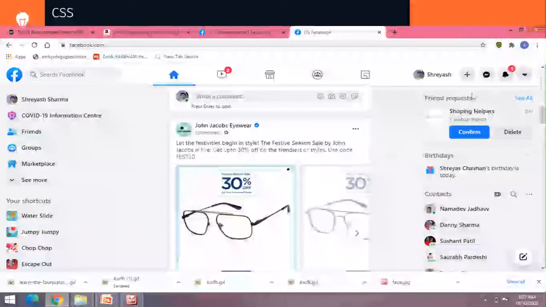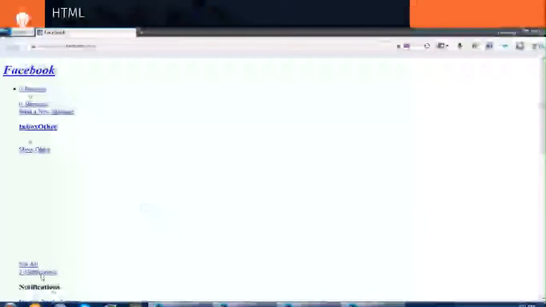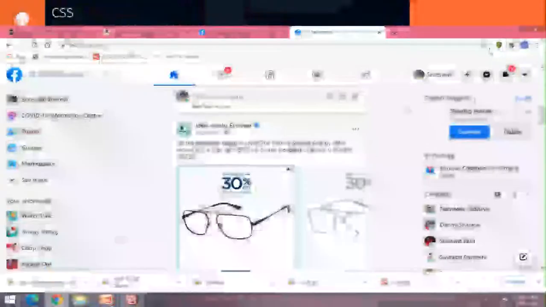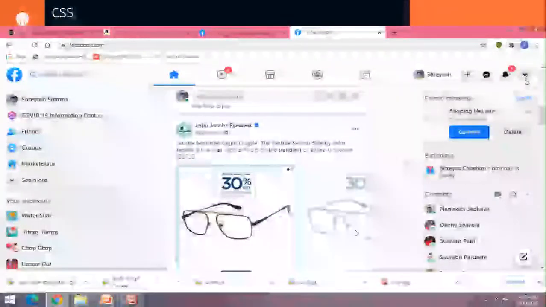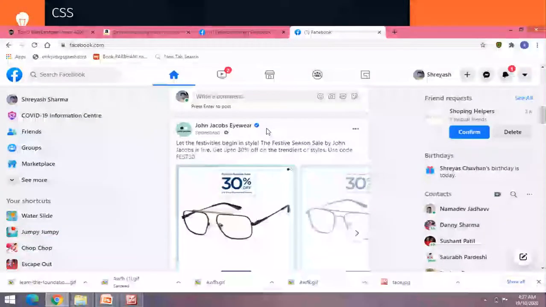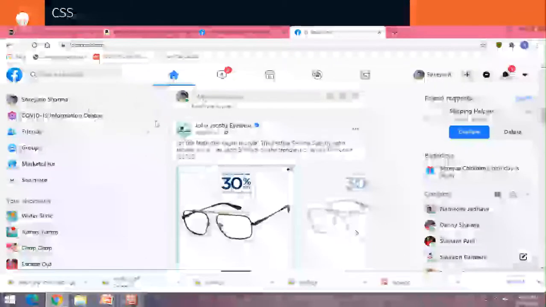Fine. All the notifications over here, just see, there is a notification section, and over here it is styled and managed, right?